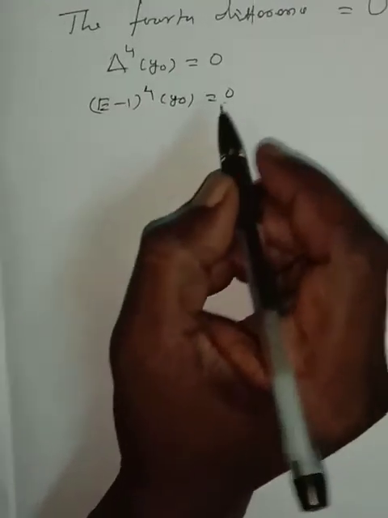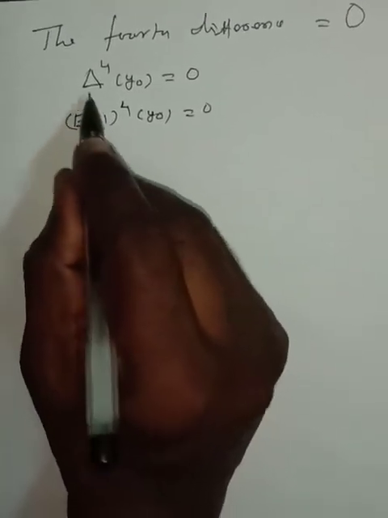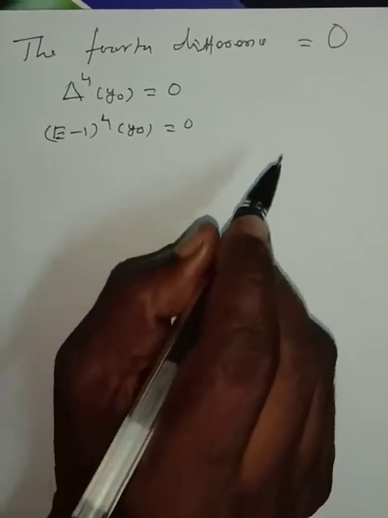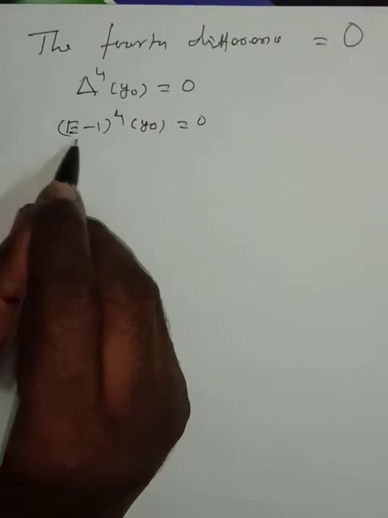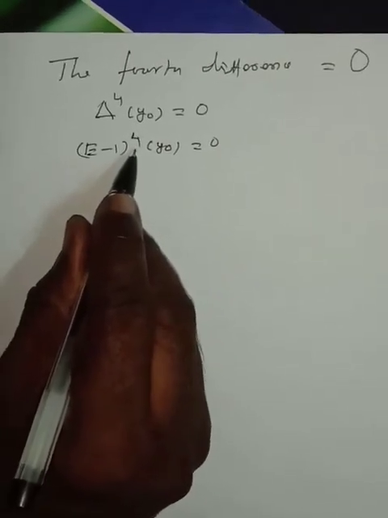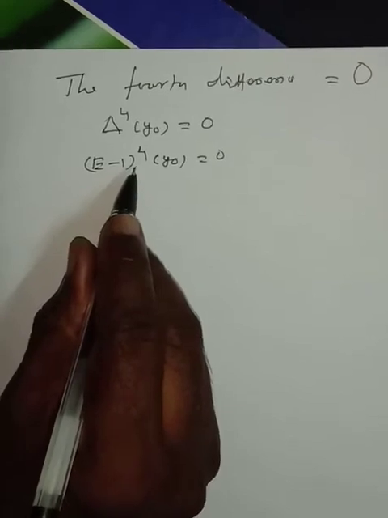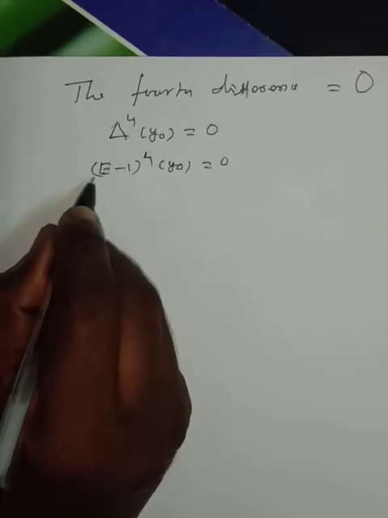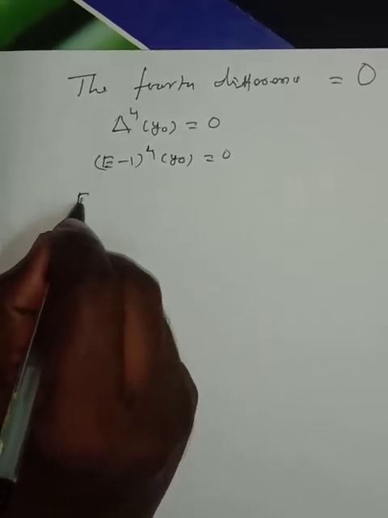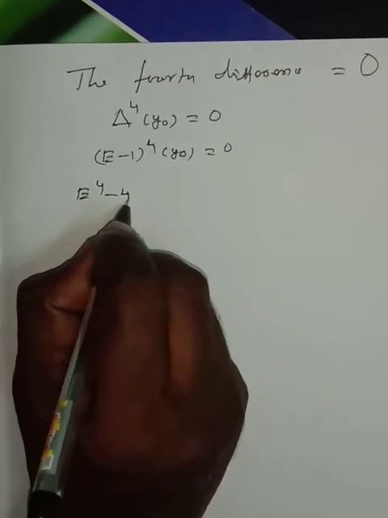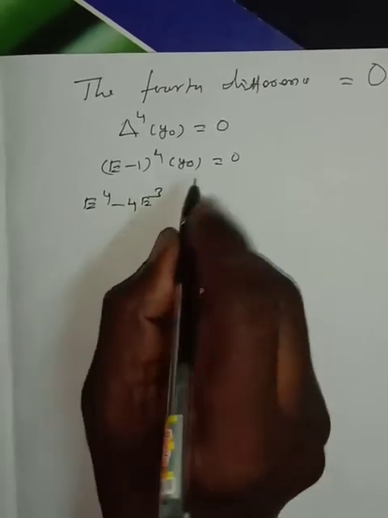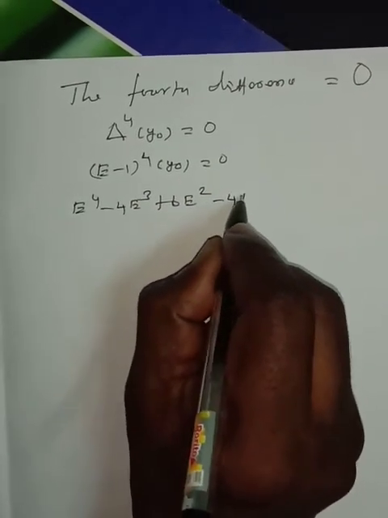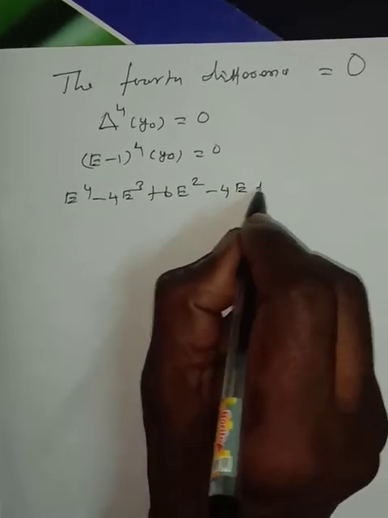Now (a minus b) whole power 4 is a power 4 minus 4a cubed b plus 6a squared b squared minus 4ab cubed plus b power 4. In this case b is 1 and a is E. Therefore E power 4 minus 4E power 3 plus 6E square minus 4E plus 1 of y naught